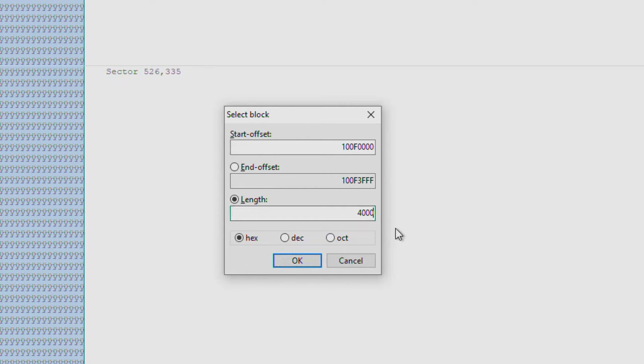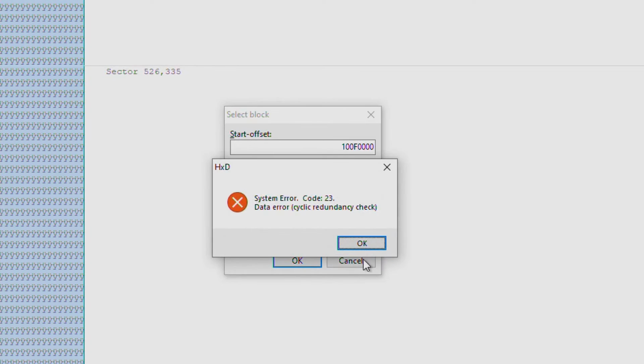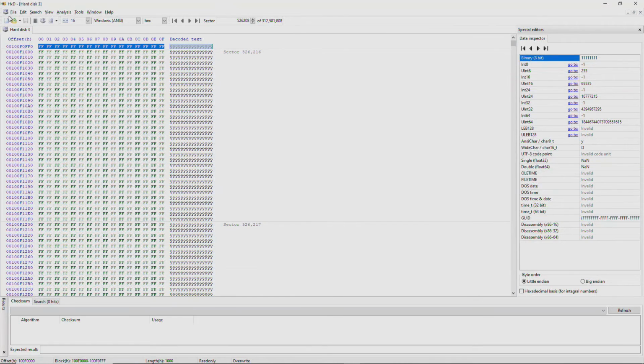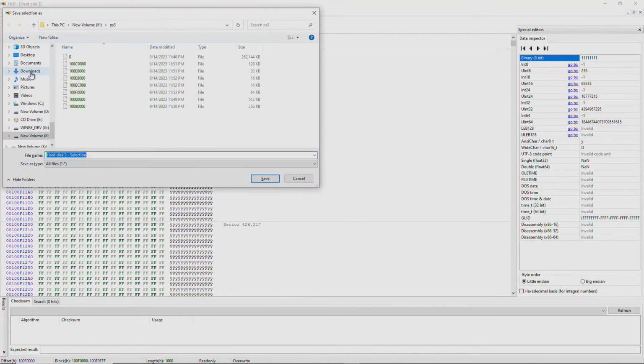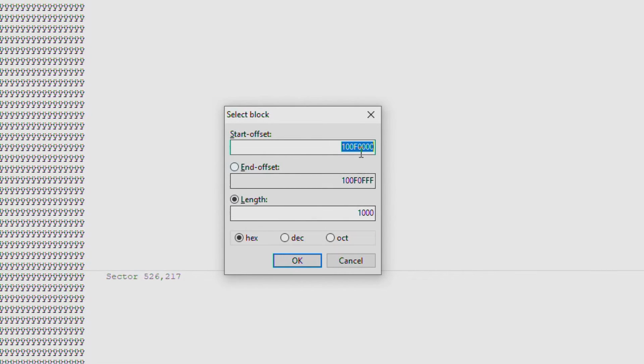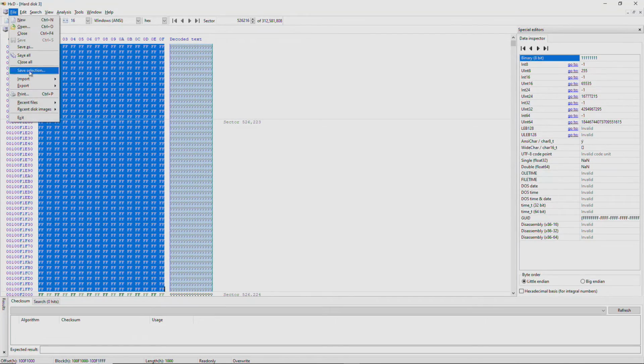Sometimes it just errors really badly. But almost always when you get down to 2,000 or 1,000 with this drive, it just reads it anyway. So I'm going to have to go all the way down to 1,000. Okay, it read it. And then when we go add in the 1000, it should be in this section here that we've selected. And yet,